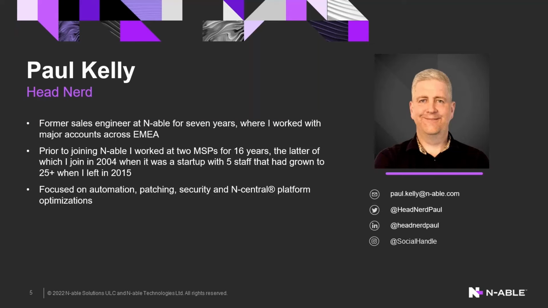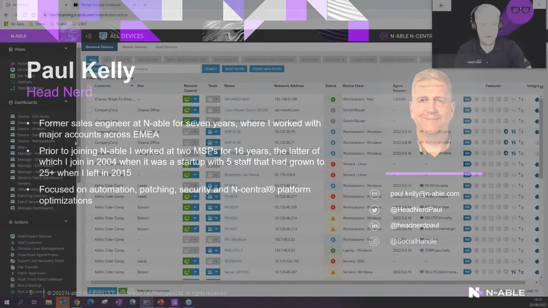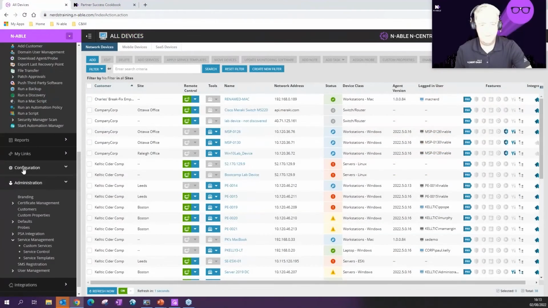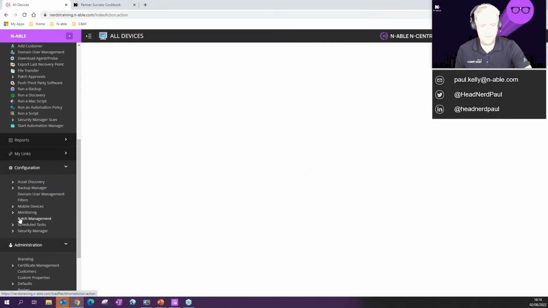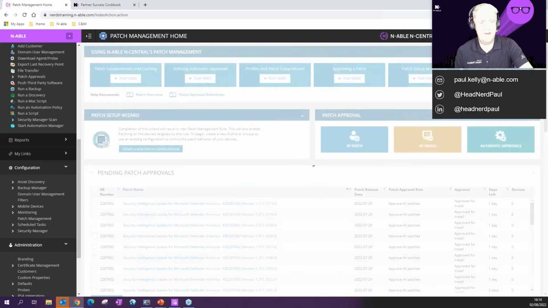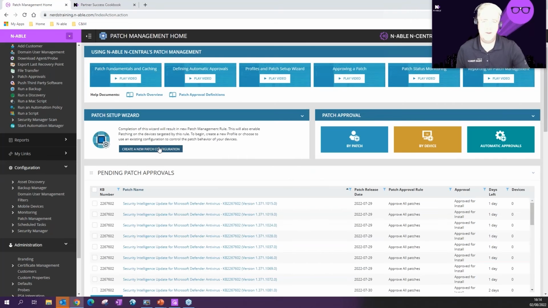To discuss patch-related reboots, Steve, one thing we need to be aware of is when that reboot is scheduled in relation to the installation time. So I'm going to come down to configuration, go to patch management, and use the patch setup wizard to create a new patching process. Anyone that's new to Endpoint Central will run through the patch setup wizard to